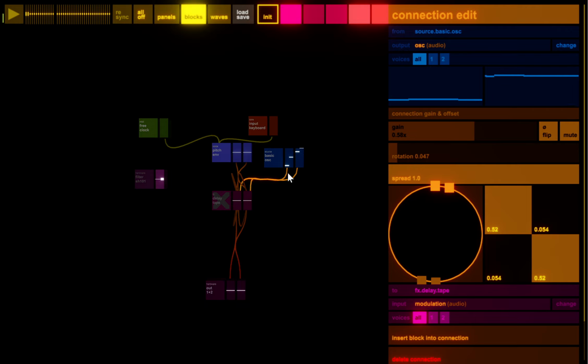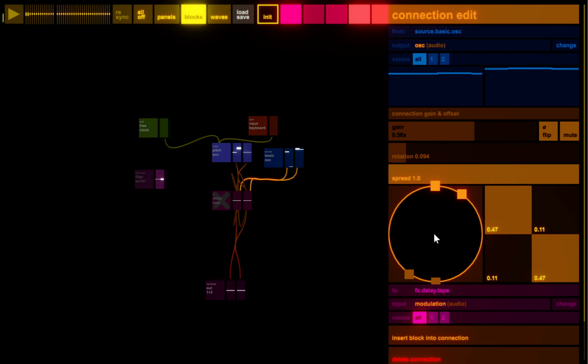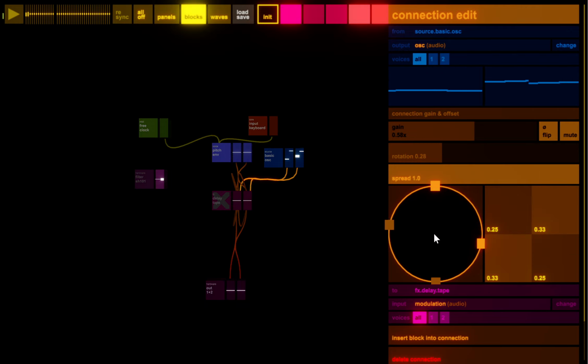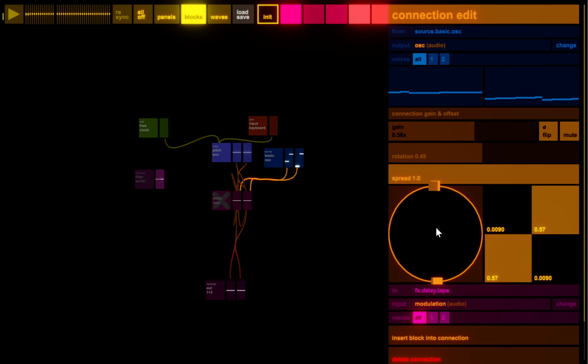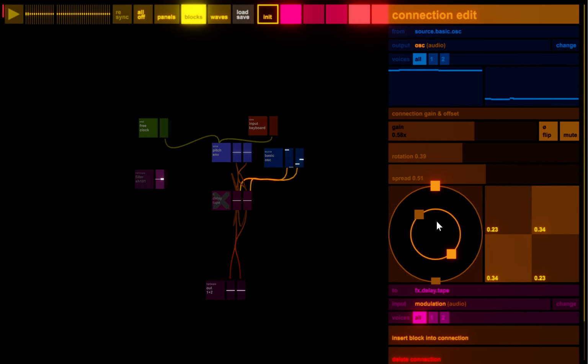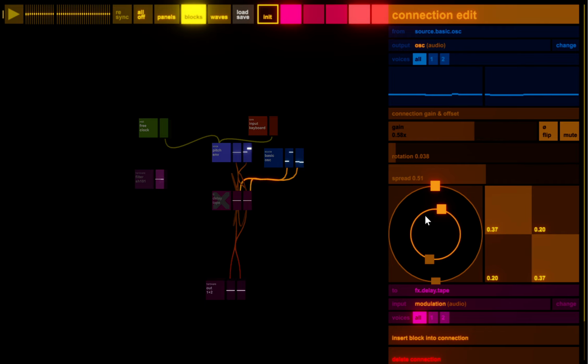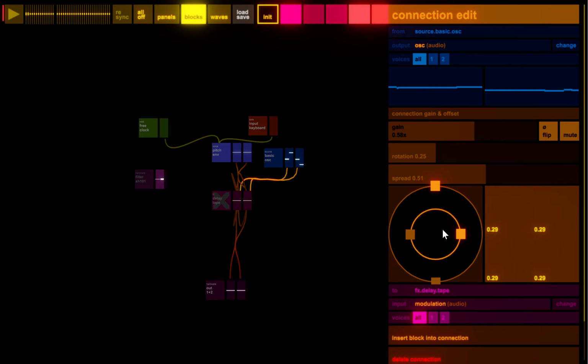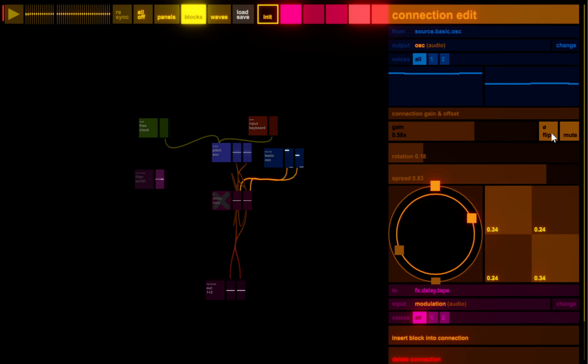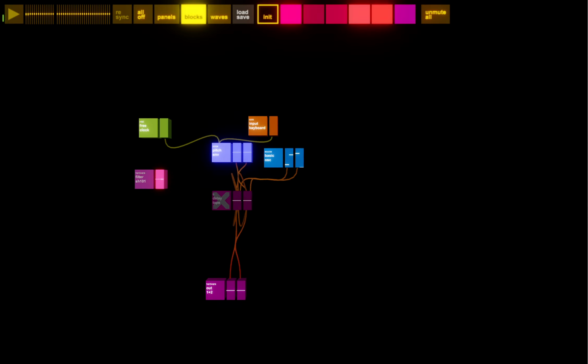Problem is, because this video has gone wrong so many times, I've forgotten what I've shown already. Have I shown the spreader for stereo? This is how you spread multiple outputs to multiple inputs. I think I did, didn't I?